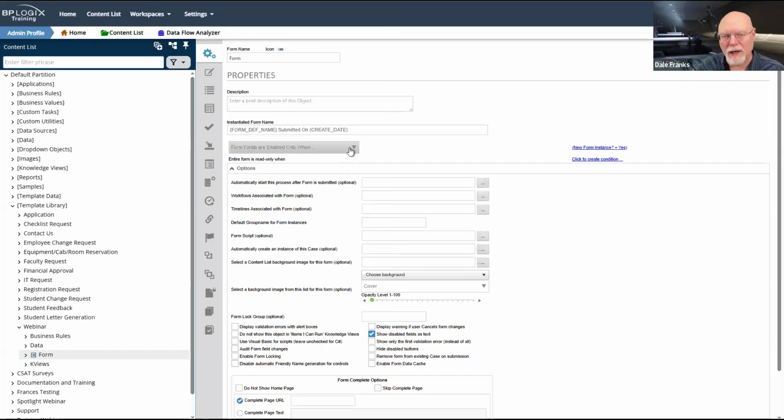What that means, of course, is if we want the form to be editable, or at least a portion of the form to be editable as we go through the process, we'll need to go to those individual sections or individual fields and enable them as needed. And entire form is read only when.